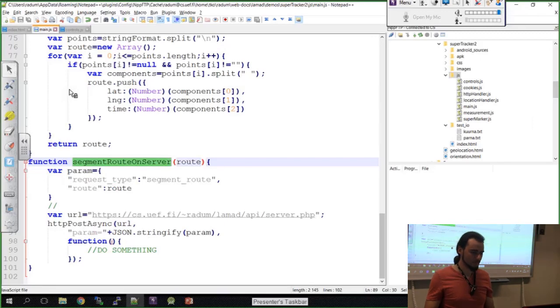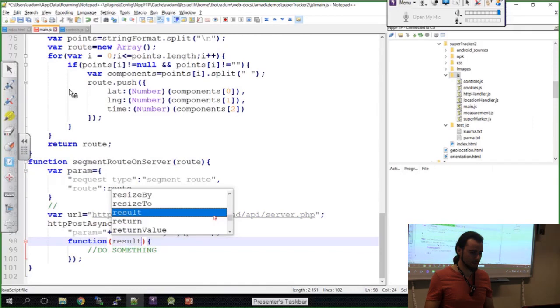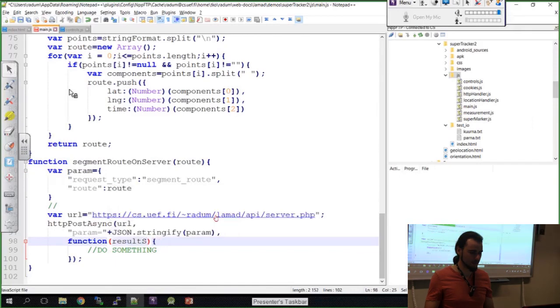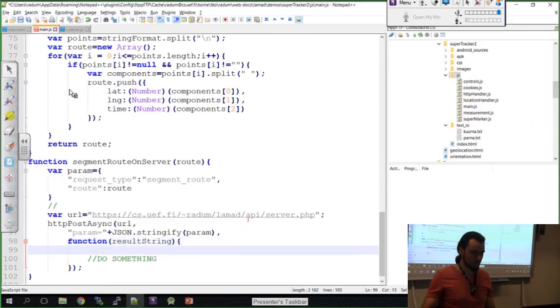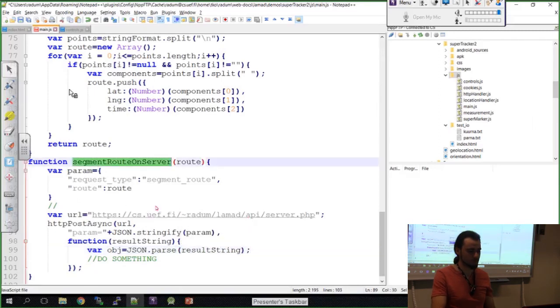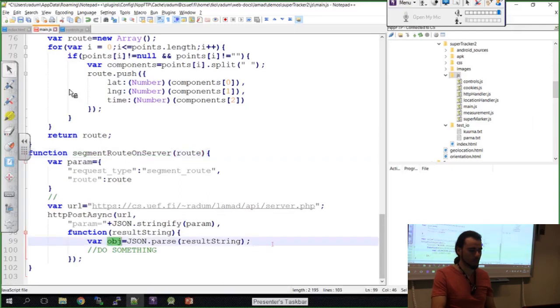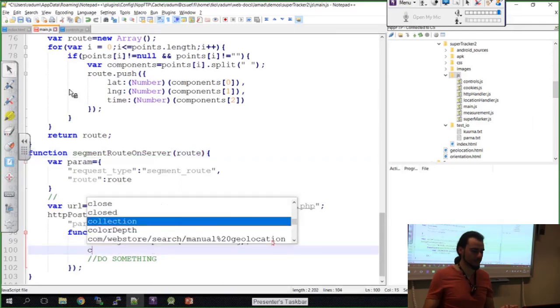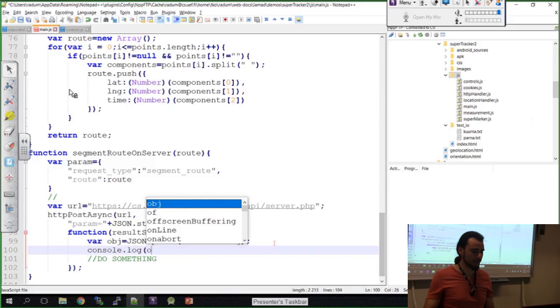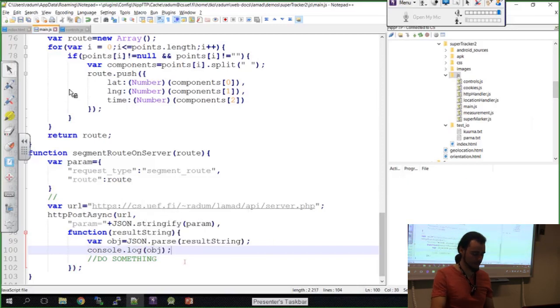Okay, so here we have our results. Our results string is here at this time, and I want to get the object from this. So this is what happens after we get the result from the segmenting of the route, and our object variable is